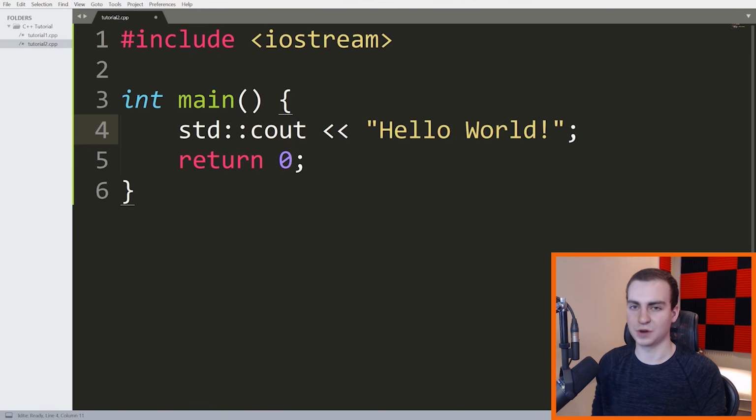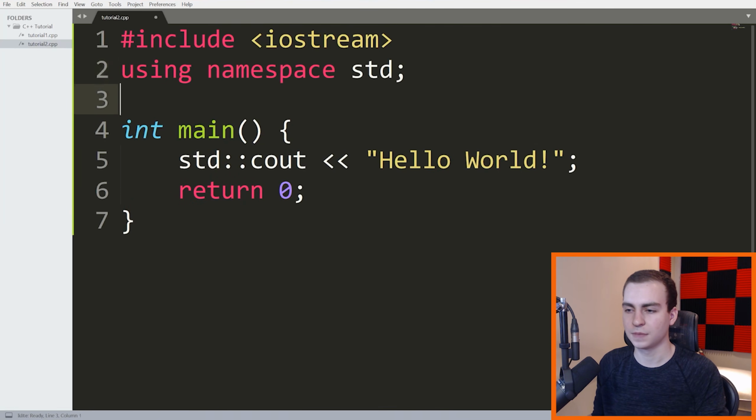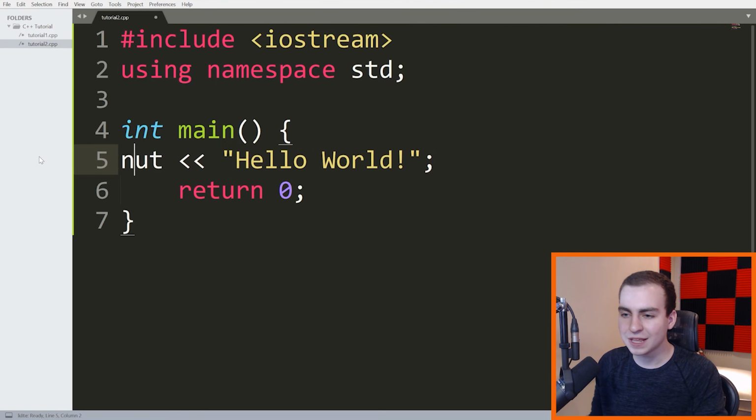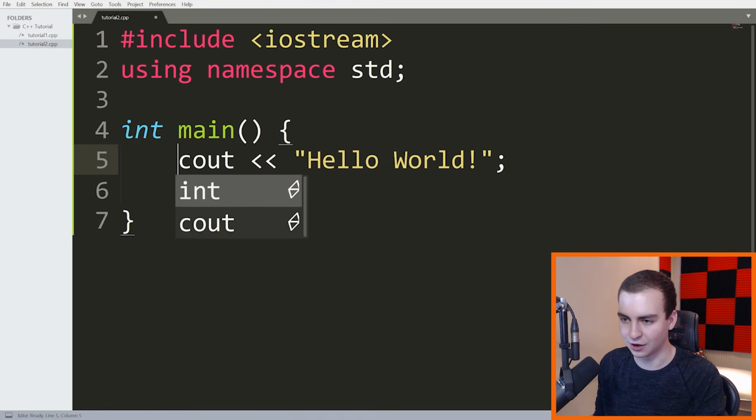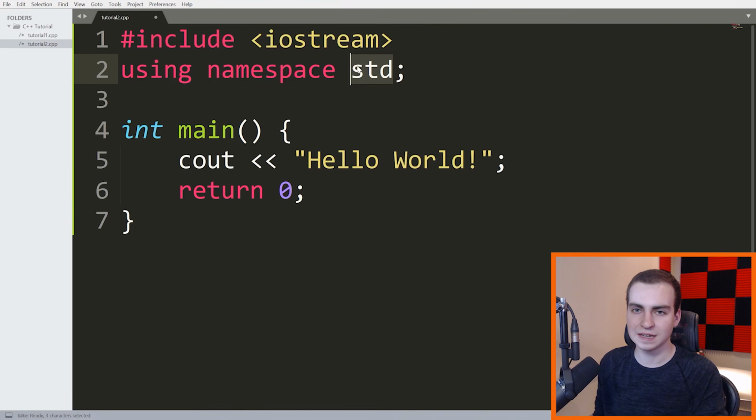You don't have to understand this. I'm not trying to confuse anyone, but the idea is that if we don't include this line right here, we don't know all of the stuff defined in std, or if I write cout, I don't know where to look for cout. So as soon as I include this, so I say using namespace std, what that now means is that everything defined inside of std, and I'm trying to get my cout written here, everything defined inside this namespace, I can now access without having to reference std before it.